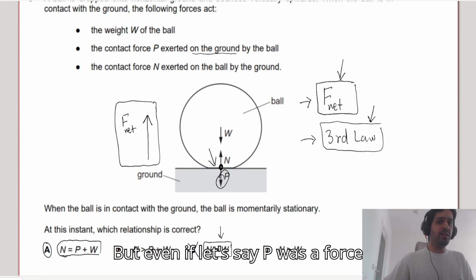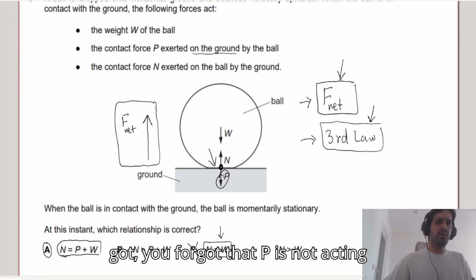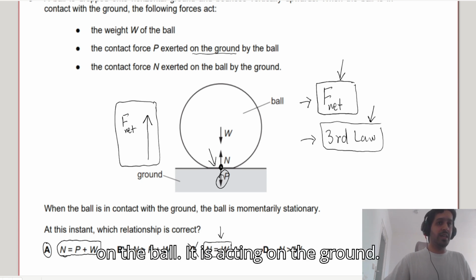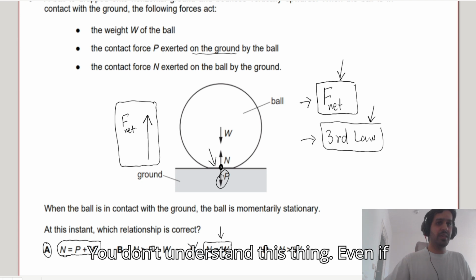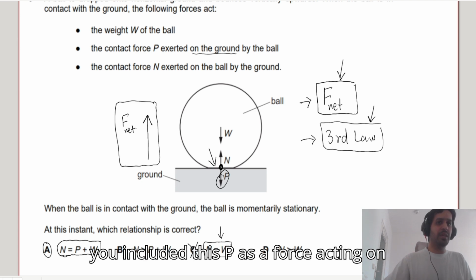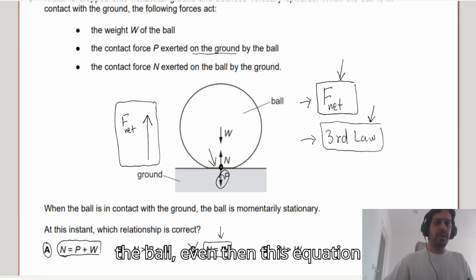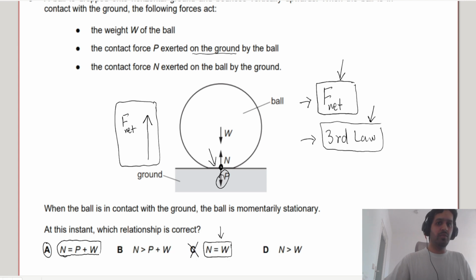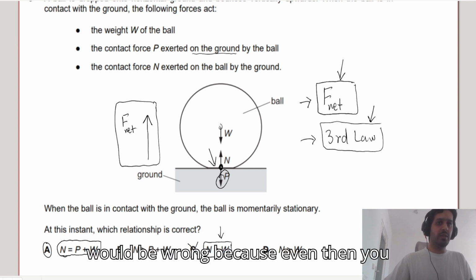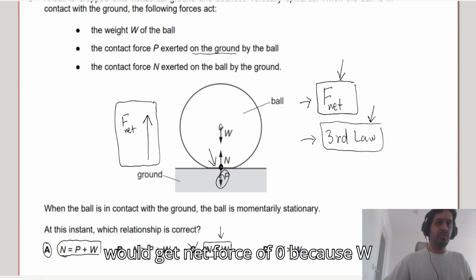So in the net force equation, which you write for the ball, P will not be a part of that equation. But even if, let's say, P was a force acting on this ball, or let's say you forgot that P is not acting on the ball, it is acting on the ground, even if you included this P as a force acting on the ball, even then this equation would be wrong, because even then you would get net force of 0,